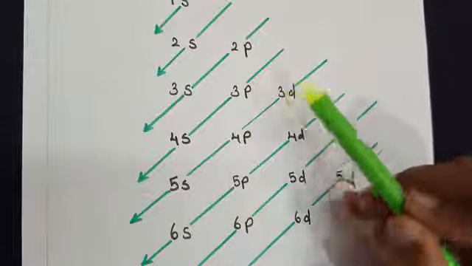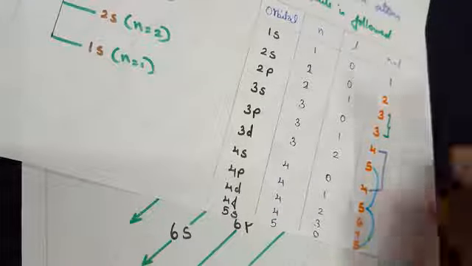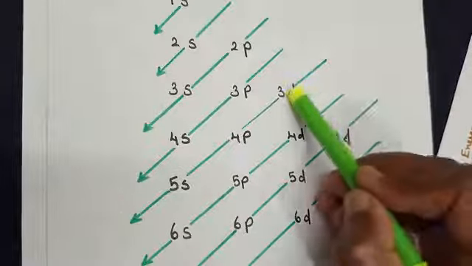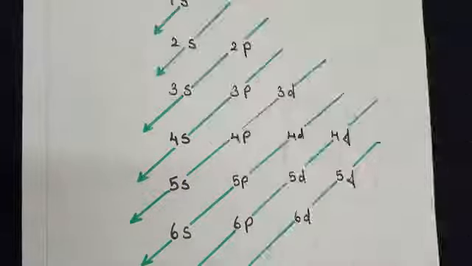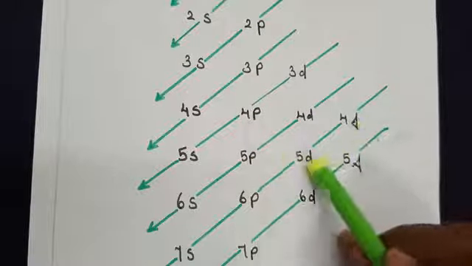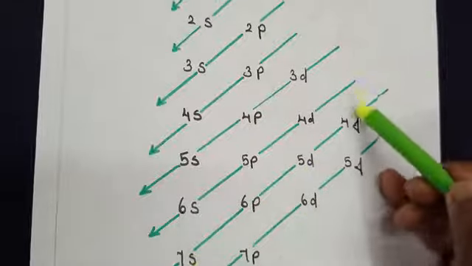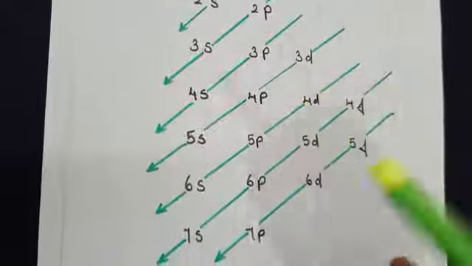Then comes 3d followed by 4p followed by 5s. Here again, I showed you 3d has an energy level of 5, 4p has an energy level of 5, and 5s has an energy level of 5. Hence, we write 3d followed by 4p followed by 5s. Similarly, I did not complete the rest. You can complete it or cross-check with your textbook. So, 4d followed by 5p, 6s, 4f, 5d, 6p, 7s. The electrons will fill the 4f orbital, followed by 5d, followed by 6p, followed by 7s.